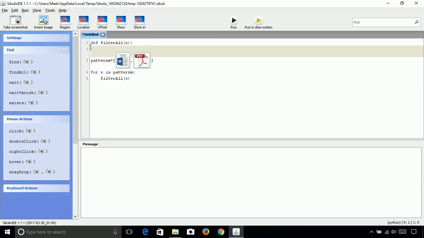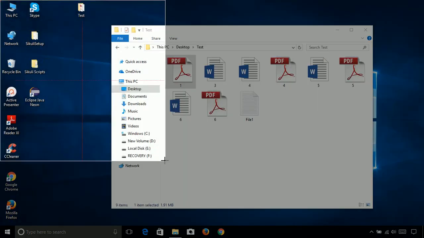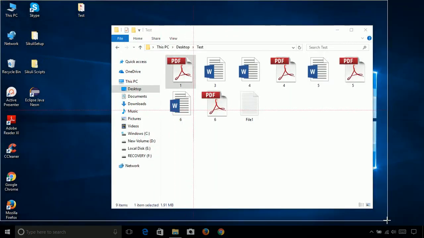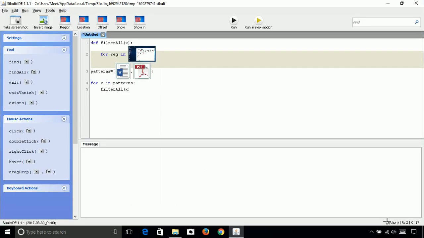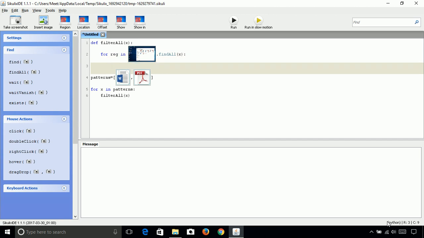Now what it will do is find this pattern in the whole region. So we will define a region here, like we want to find the pattern in this whole screen, and then we will find all for the pattern, and then we want to highlight it for 1 second.